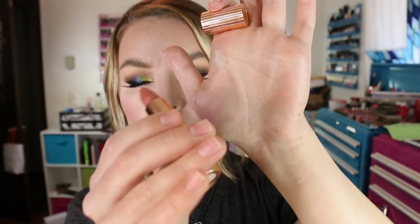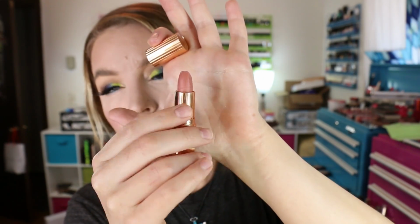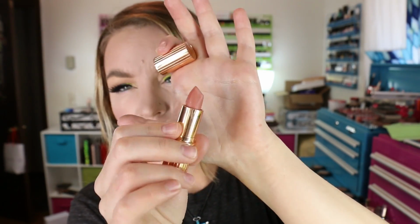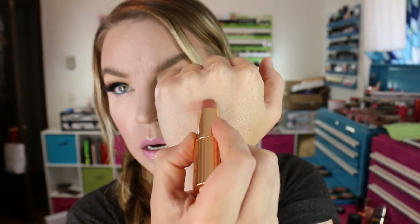Kensington right here. And it's shown up very true in the viewfinder. It's kind of a nude. It reminds me of Spanish Pink or something like that, but it's not as pink as I thought it was going to be. Now, this particular lipstick, maybe you can see when I swatch it here, it doesn't go on